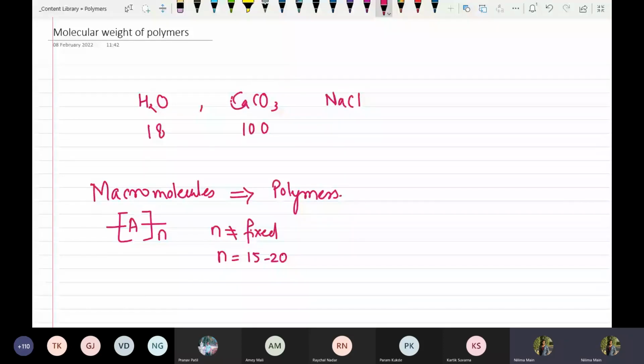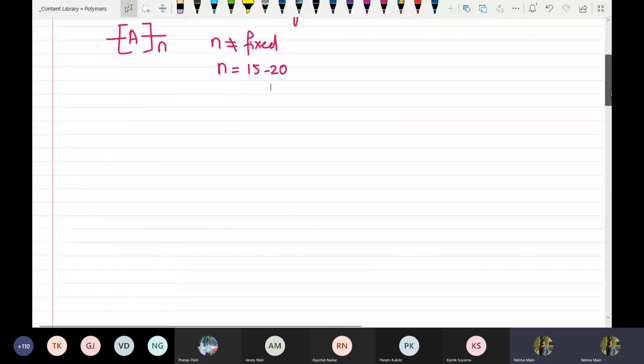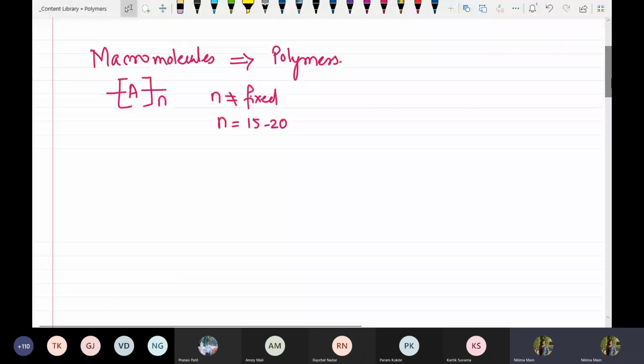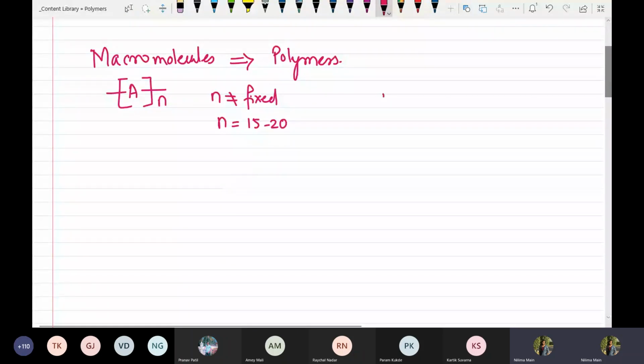Just because these macromolecules have different numbers of monomers in their structure, in a given sample of polymer it will not be one single value for molecular weight,